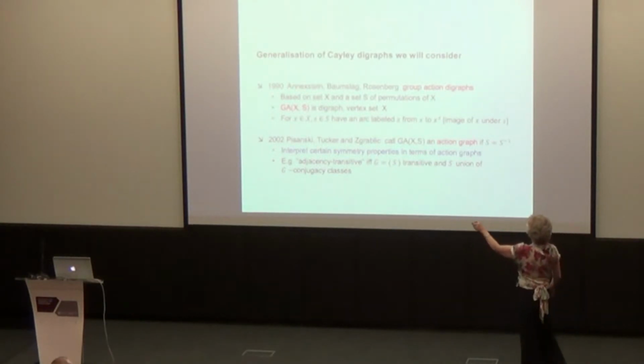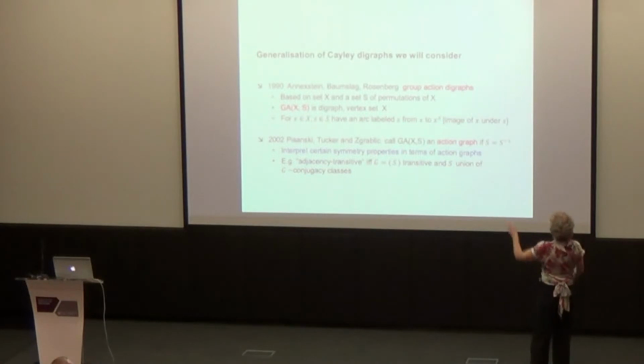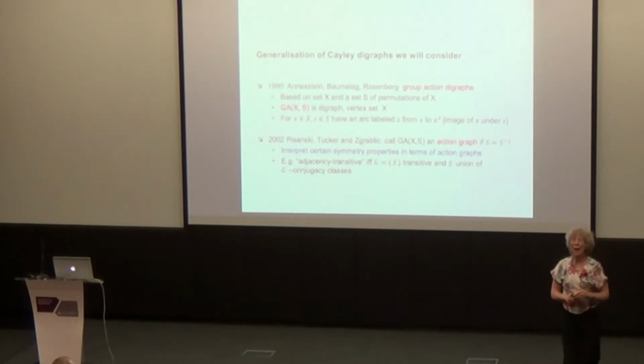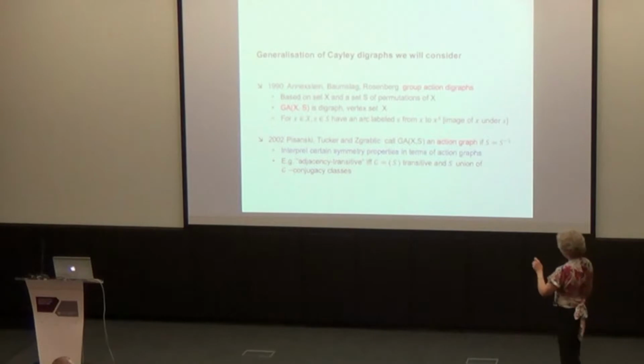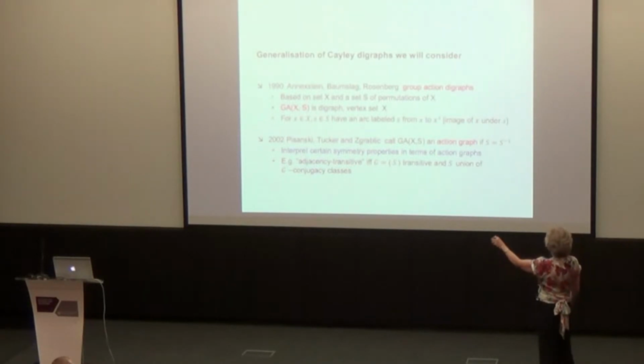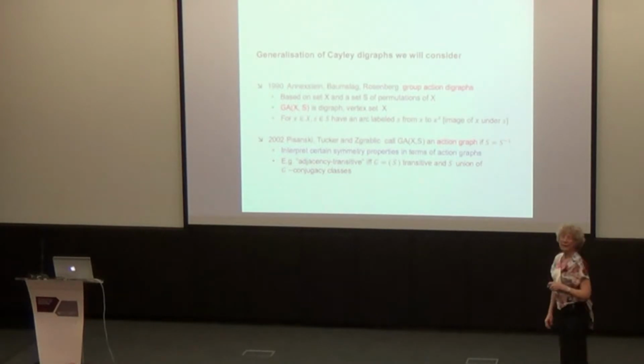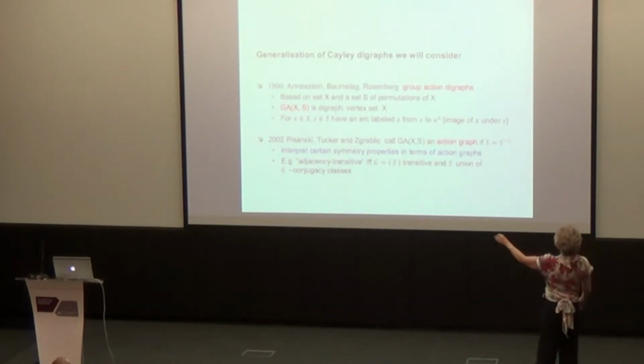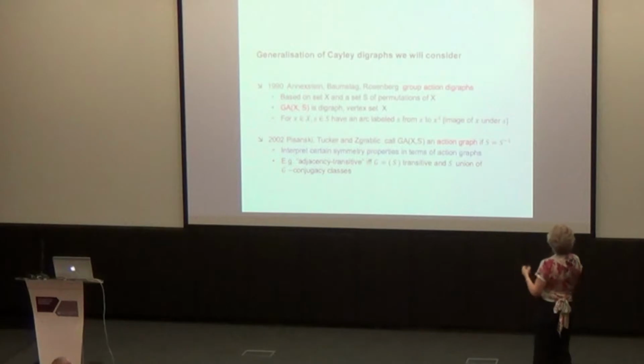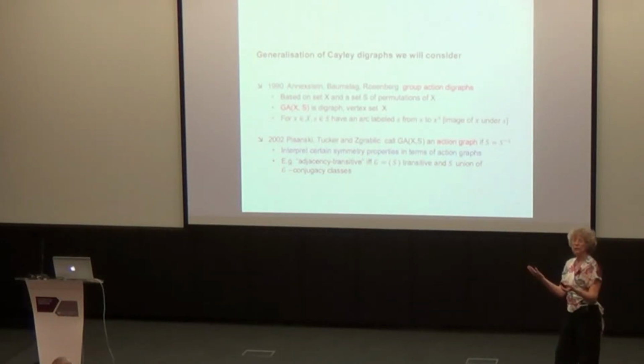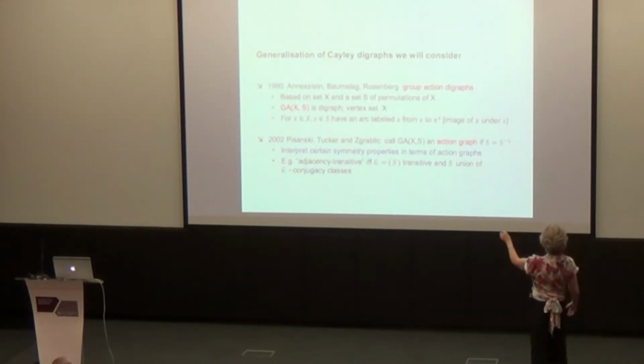1990, a beautiful paper of Alex Steinbaum / Rosenberg introduced a class of group action digraphs. Group action, GA. And here you don't need a group, you need a set. Even though the name says group action digraphs, you start with a set X and a set of permutations of X. And the GA digraph here has more or less the same definition. So the vertices are the elements of X. You take a vertex X and you join it with an arc